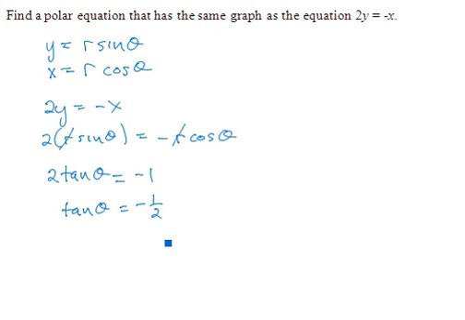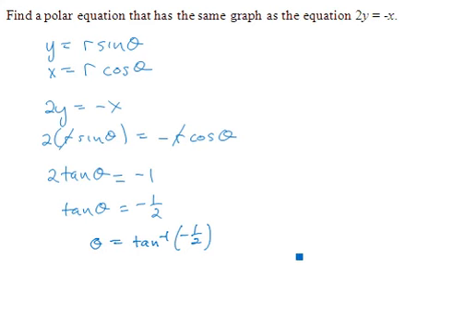So if the tangent of theta equals negative 1/2, there is a specific angle in the second quadrant which has a tangent value equal to negative 1/2. We could solve, if we liked, to write this as the inverse tangent of negative 1/2, and because we're writing this with an inverse tangent, we'll get an angle between minus pi over 2 and pi over 2 as